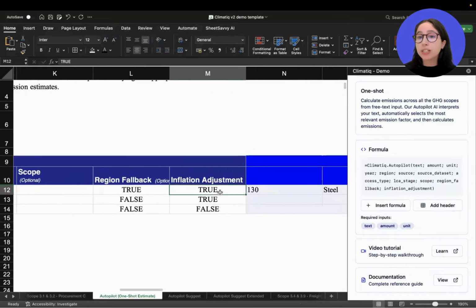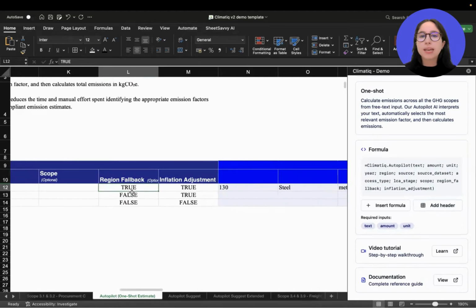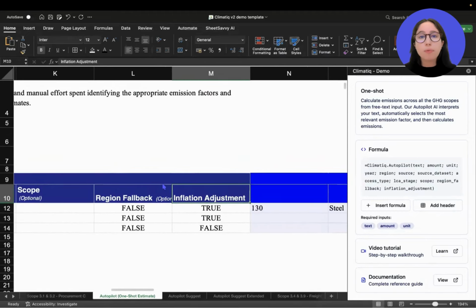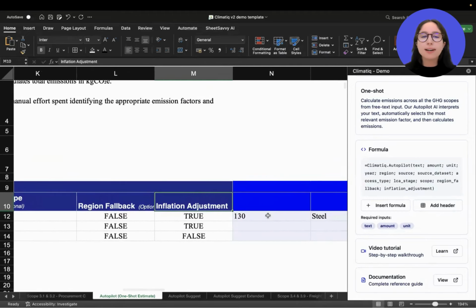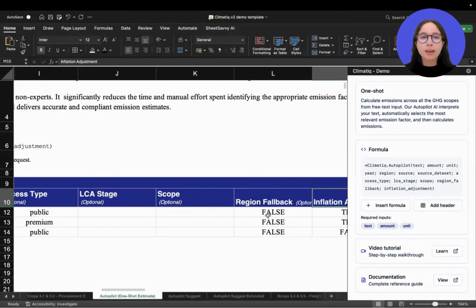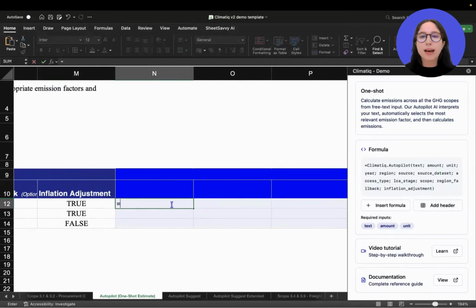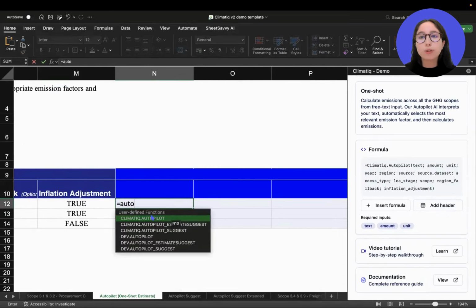If we're open to other regions being considered, we can write true in for the region fallback. If you're a bit less flexible with using factors from other regions, enter false. I'm not concerned about which dataset the emission factor is from or the LCA stage, so I'll leave these fields blank. To start, click on an empty cell, click equals on your keyboard, and then select the Climatiq Autopilot formula